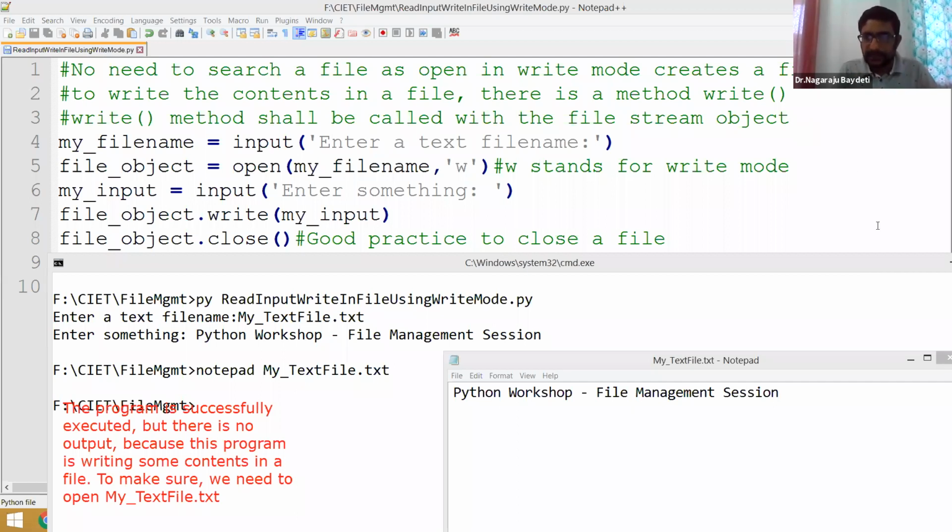Yeah, Leela Krishna, please wait. If I don't want to erase the old content, I will tell you. Yesterday also I told you there is another mode called append. Just wait. Whether you understood this concept or not, please let me know. Whether this program is clear or not.